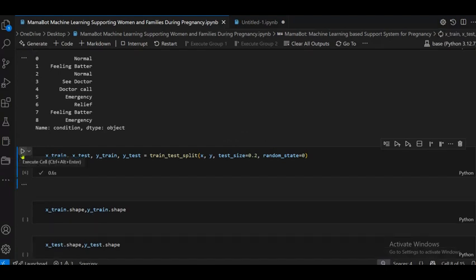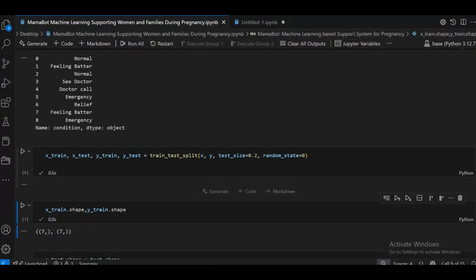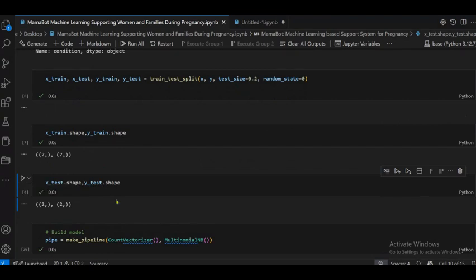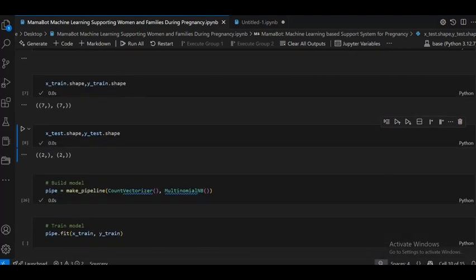So it's working. Now looking at the shape, there is 7, and again x_test.shape shows 2 and 2.